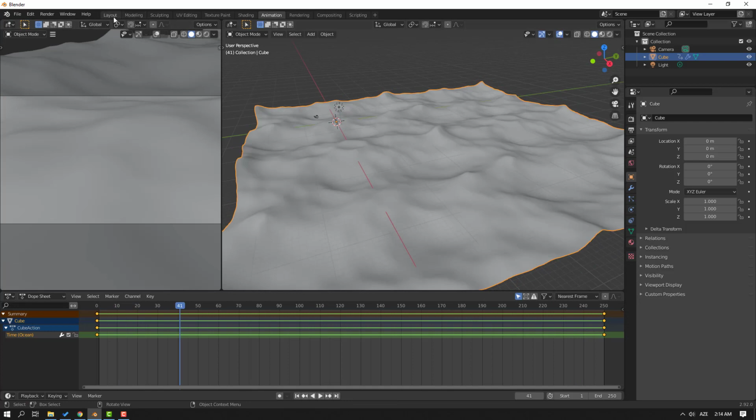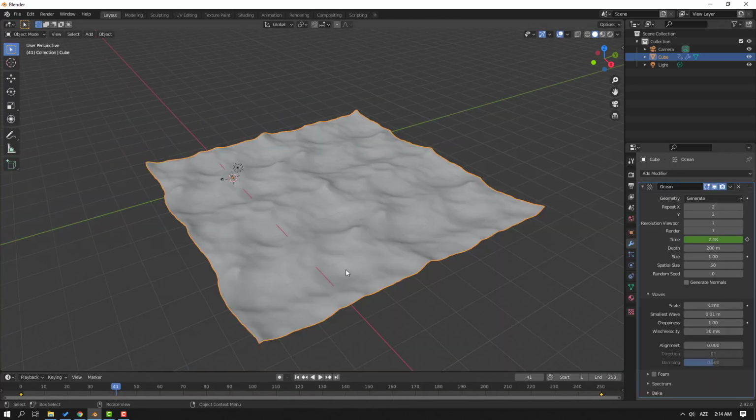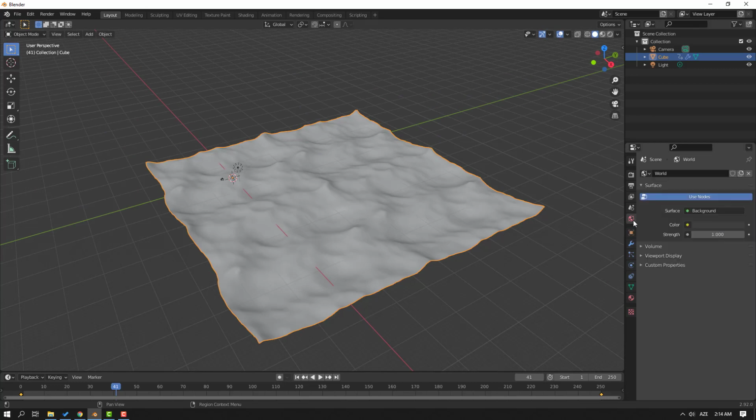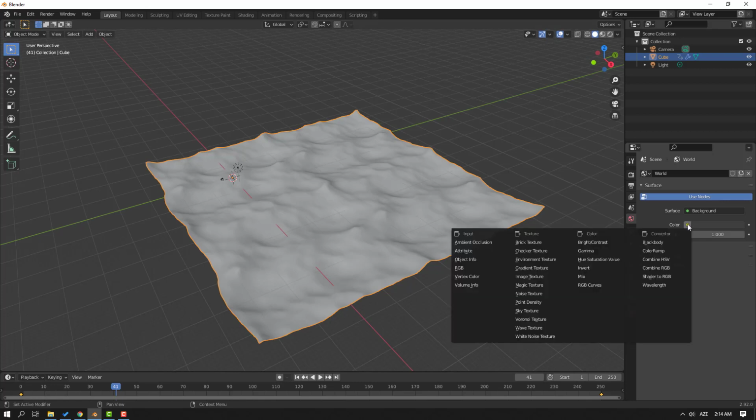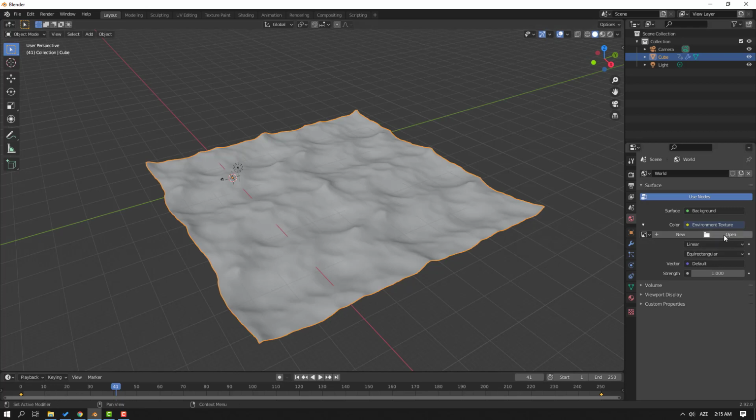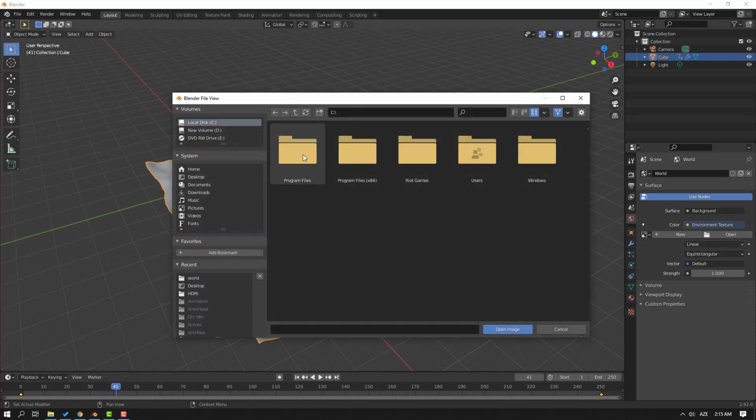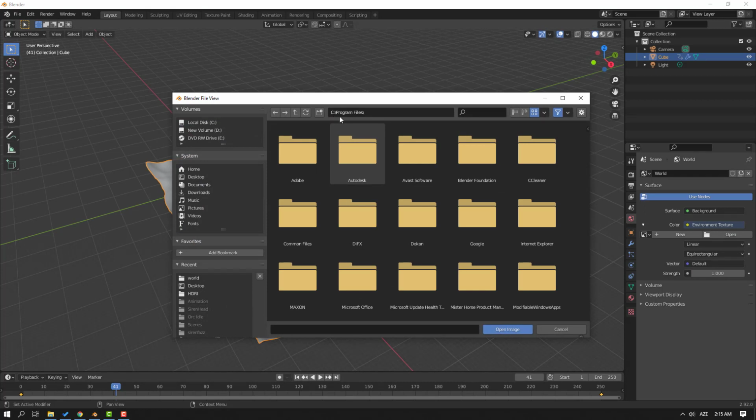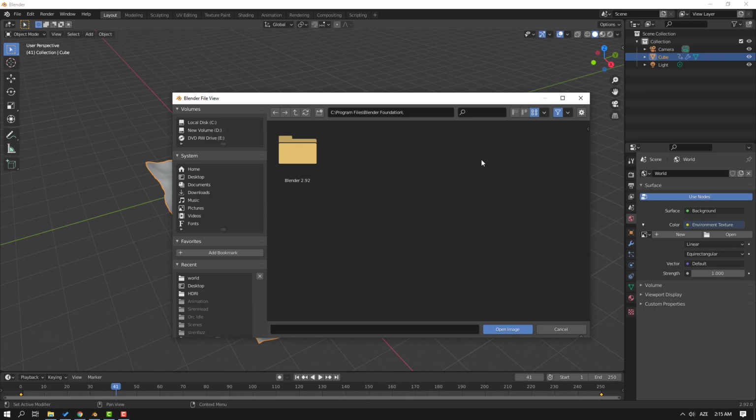So go to up, click this layout. Okay, then go to here, let's click this icon, world properties, and go to color, let's click color and select environment texture. Then click open, go to program files, folder link you can see here, C and program files, and open Blender Foundation, Blender, and again click this folder. Then click this folder for data files